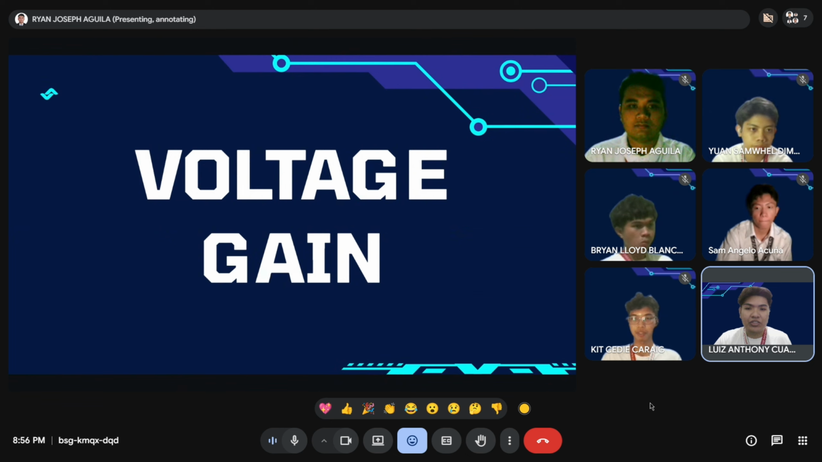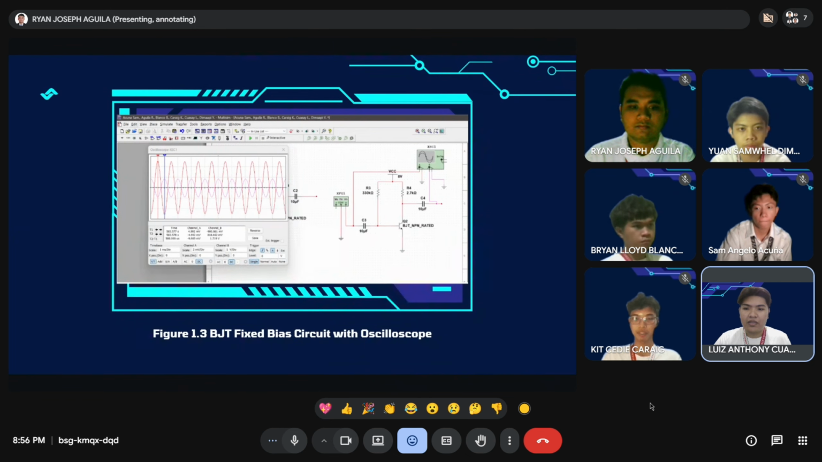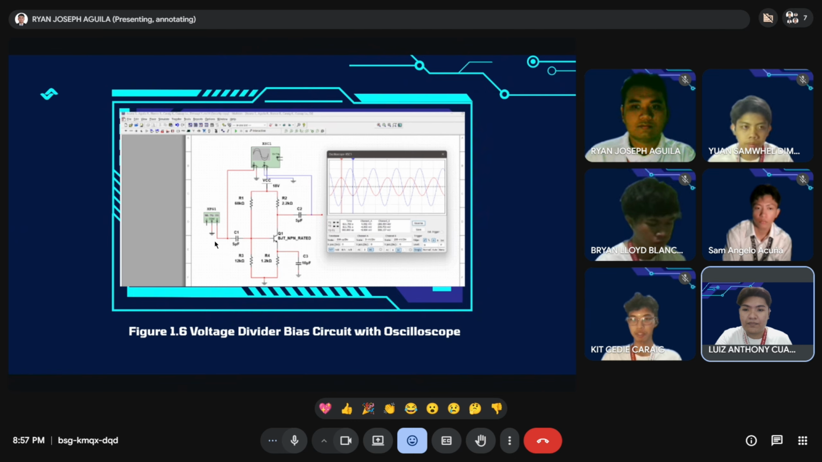Now for the voltage gain. Figure 1.3 shows the BJT fixed bias circuit with the oscilloscope. Next slide. Okay. For Figure 1.6, which is the voltage divider bias circuit with oscilloscope, the figure above shows a voltage divider bias circuit connected to a dual-channel oscilloscope,